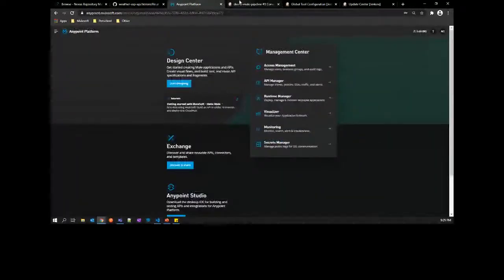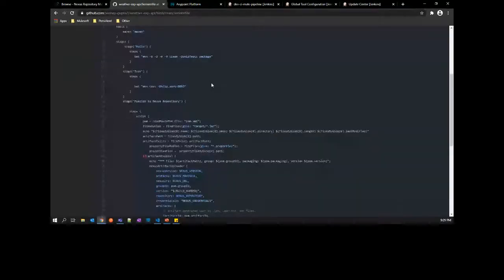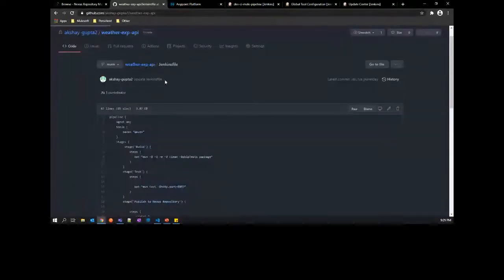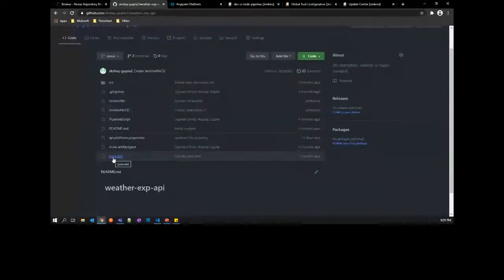So again, just to summarize what Akshay just showed, I'll quickly repeat the CI process. What is happening behind the scenes is there is a GitHub repo where there is a code base. People have asked, is there any change to the POM file? The answer is no. There is a settings XML where repo settings are sitting. We are not changing anything as part of POM, but settings XML provides a little bit more externalization.